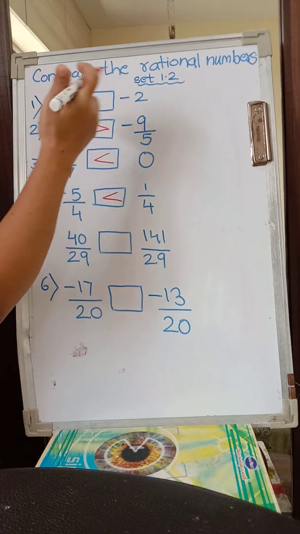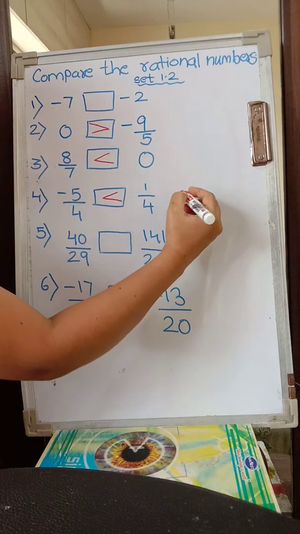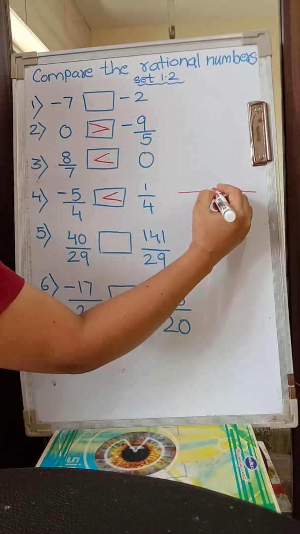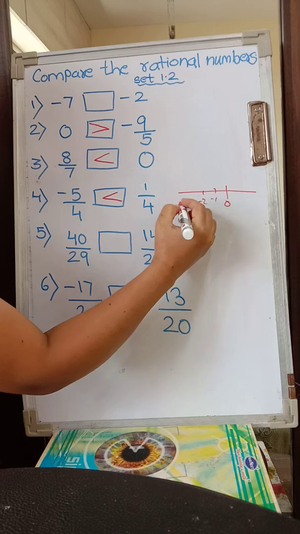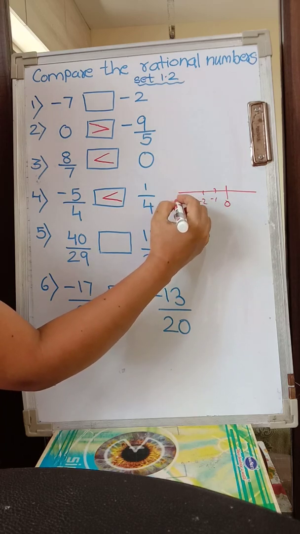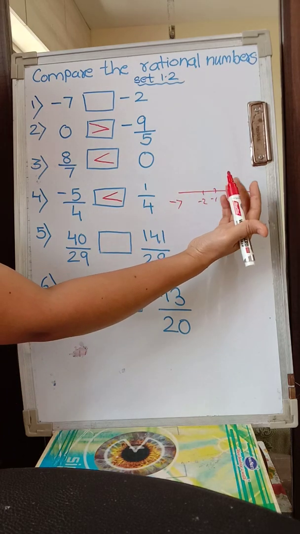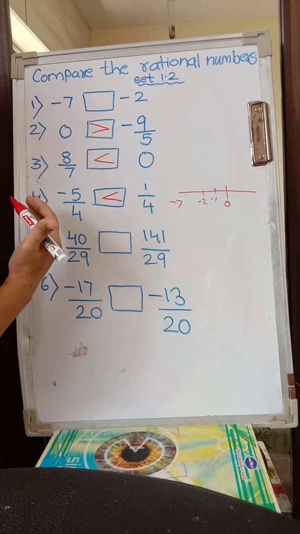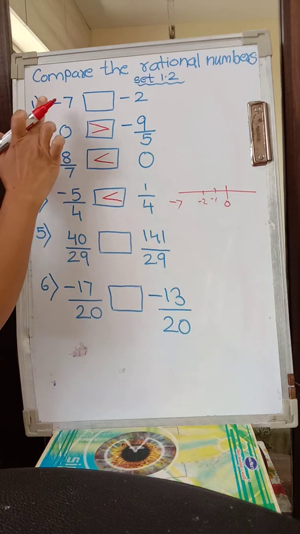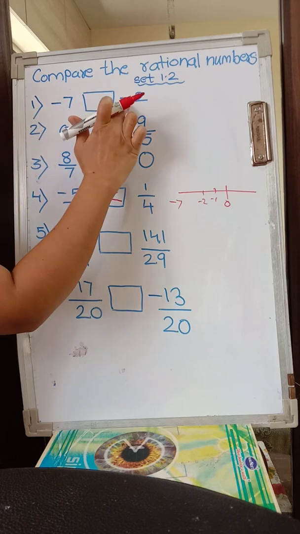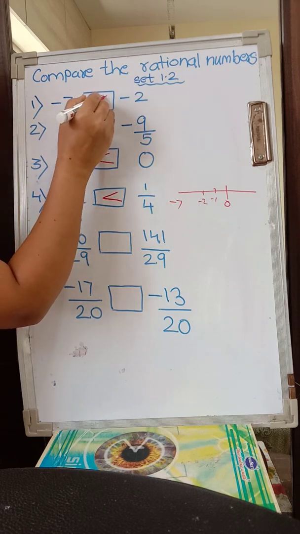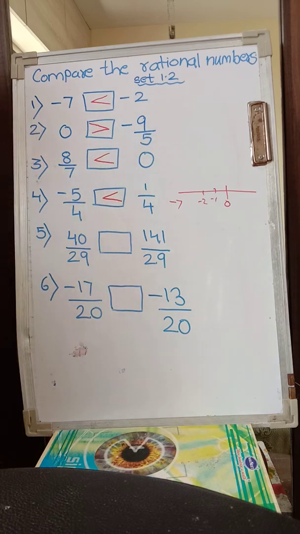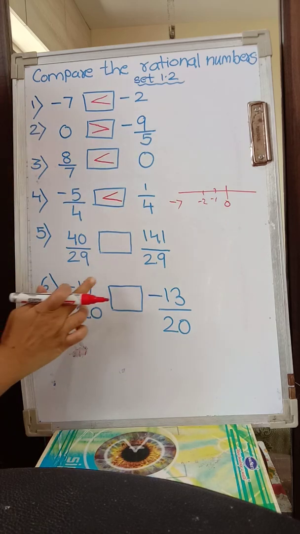Now look at this. You have to remember your number line, students. See, as this is 0, here it is -1, -2. Go on like this. Somewhere here it will be -7. Now as you move from right hand side to left hand side, numbers go on decreasing. So in that sense, -7 is less than -2. So this is greater. So the mouth or two legs will be over this side. Okay.